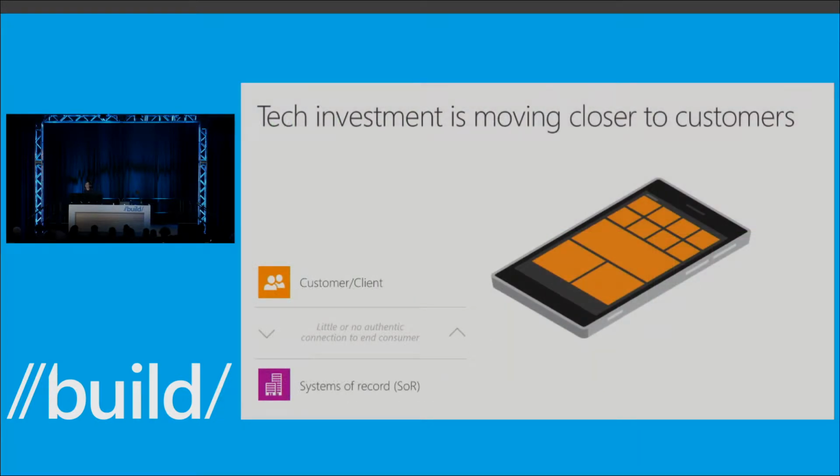So one of the things that I've also seen, and I think Gartner and Forrester and a bunch of the analysts also reflect this, is that the technology is moving much closer to the customer. So in terms of what your job is as a developer, it used to be that a lot of developers had to just build internally facing, employee-facing applications, and they didn't really interact with the customer very much. I would say that more and more often, I'm seeing that the internal IT departments actually have to build mobile applications that are customer-facing, and they are much more engaged in that process.